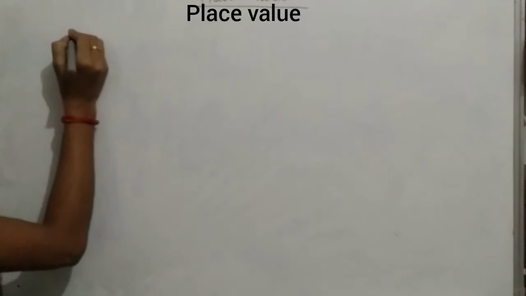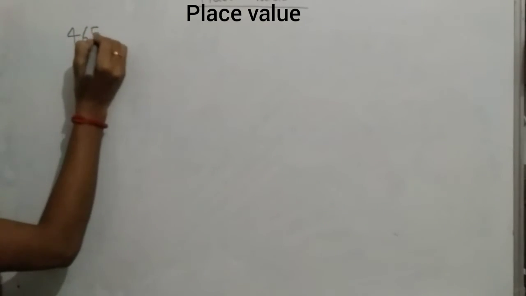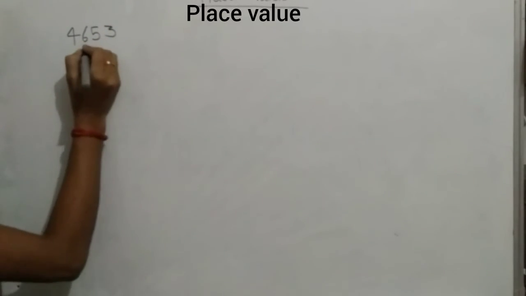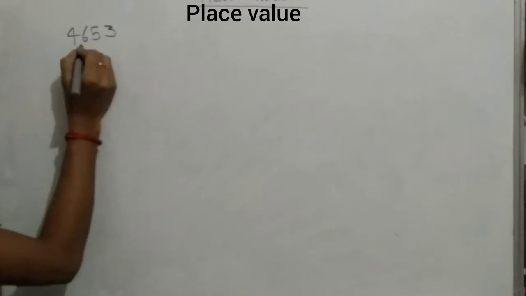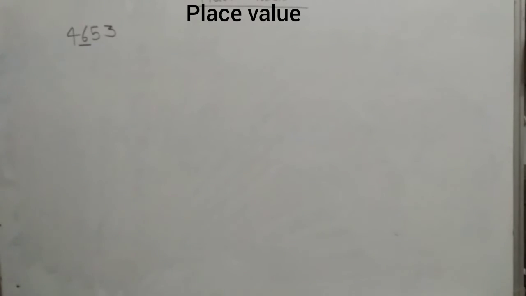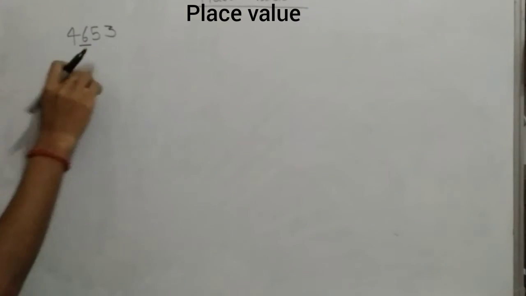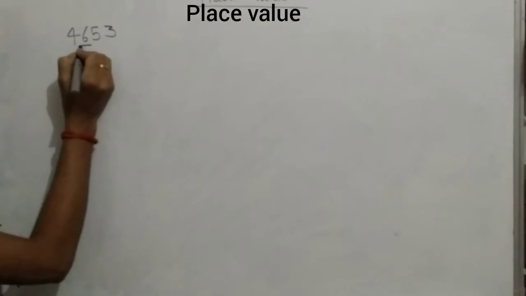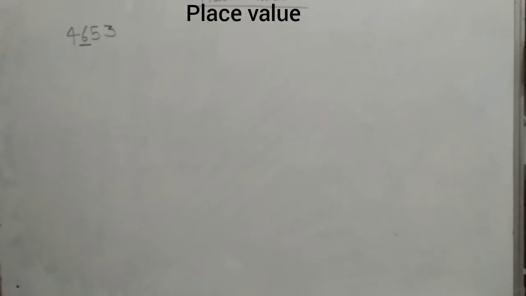Okay, now we will find the place value of a particular digit in a number. Means हम किसी particular digit का ही place value find करेंगे. Let us see an example. Here we will find the place value of only the underlined digit. Means हमारा जो digit underline है हम केवल उसी का place value find करेंगे.